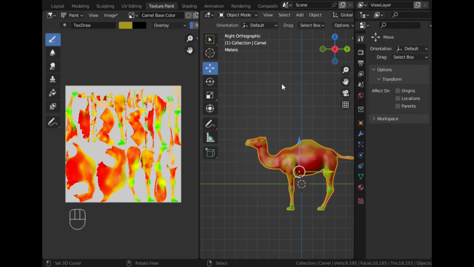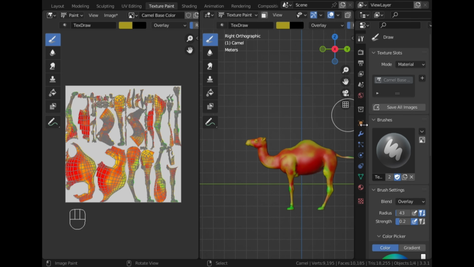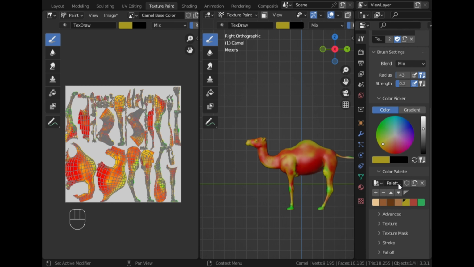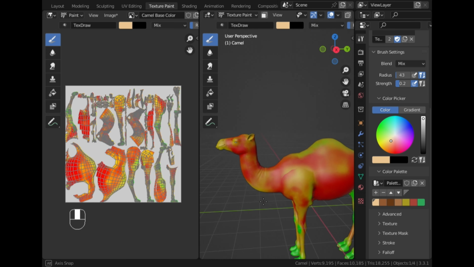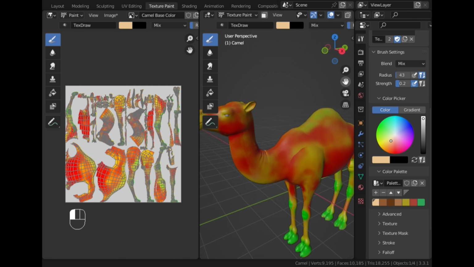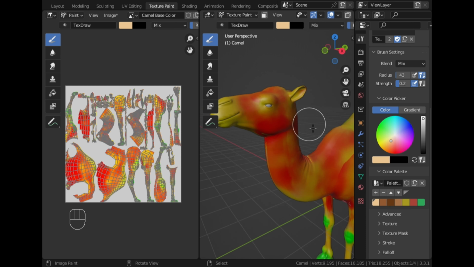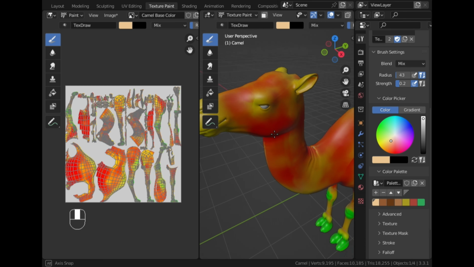Now I am coming to the object mode and looking at this thing. Now I'm changing the blend mode to mix again, and now you can see the magic. As soon as I select this, our original color, and if we paint around this thing,